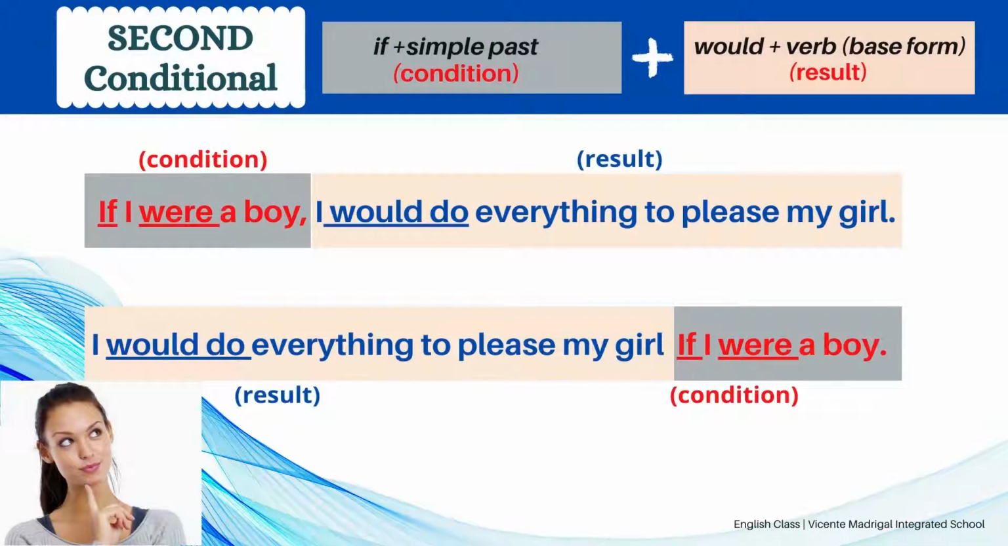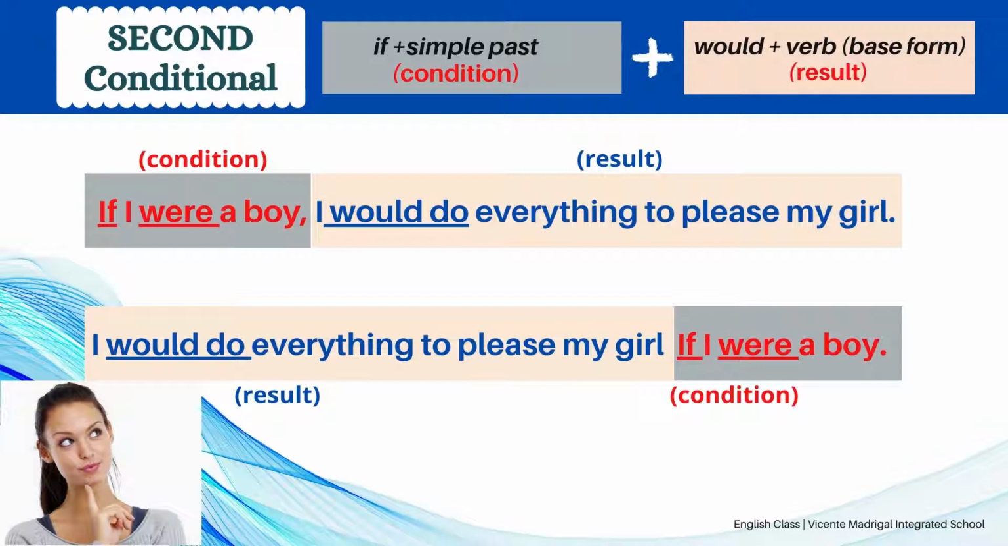Let us now have examples for second conditional sentence. If I were a boy, I would do everything to please my girl. I would do everything to please my girl if I were a boy. We have two parts here. First part is if I were a boy,